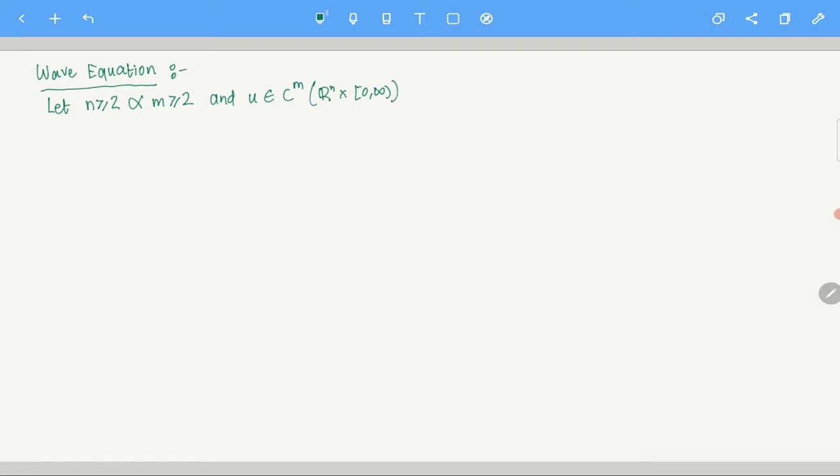So you have a function u which is m times continuously differentiable. Okay, so this solves